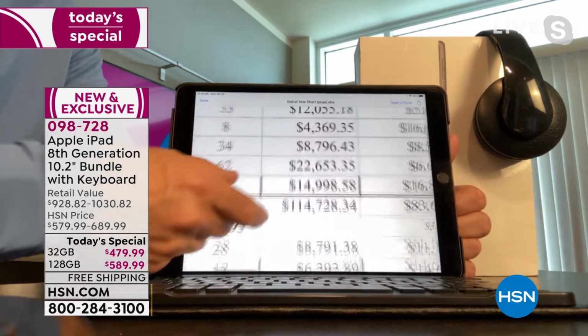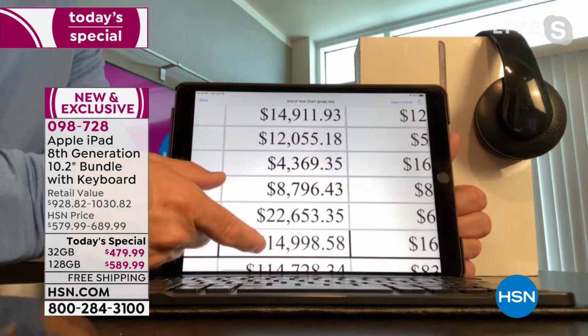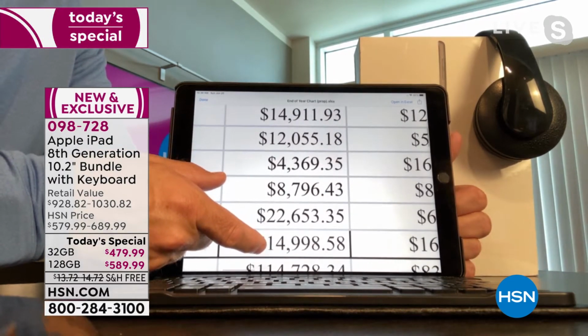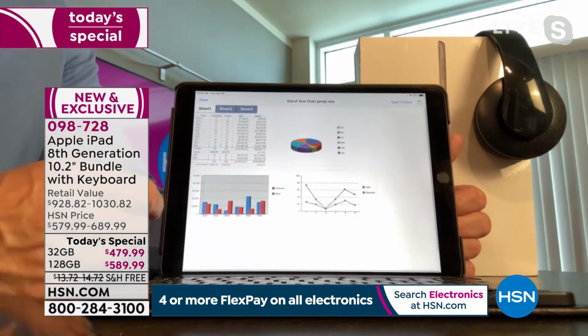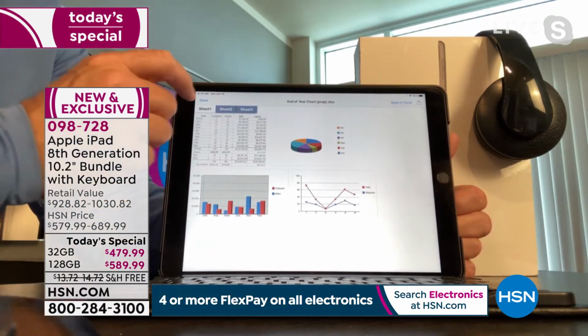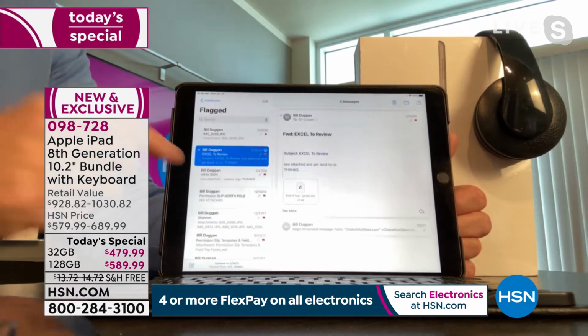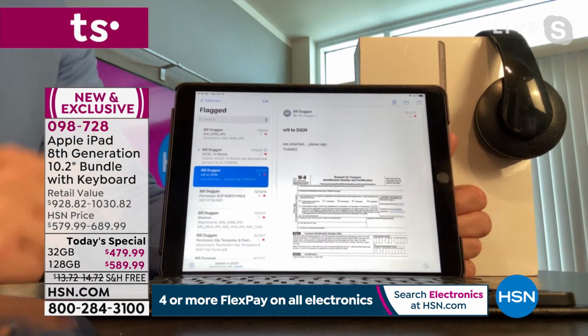Look at the clarity of this, too. This is a spreadsheet. Boring, right? But the clarity of the text is even going to be more enjoyable. So whether I'm using it for entertainment or using it for work, it's going to be very visually appealing and easy on the eyes. I didn't get to show everyone this last time.